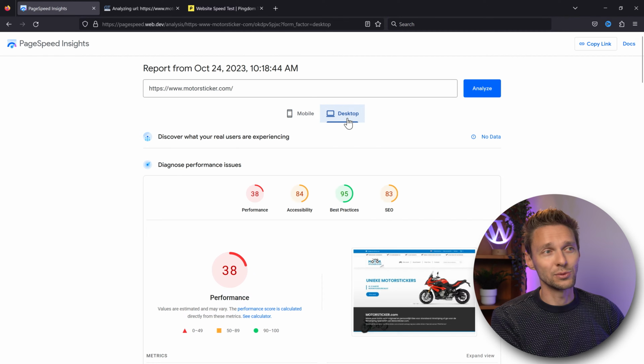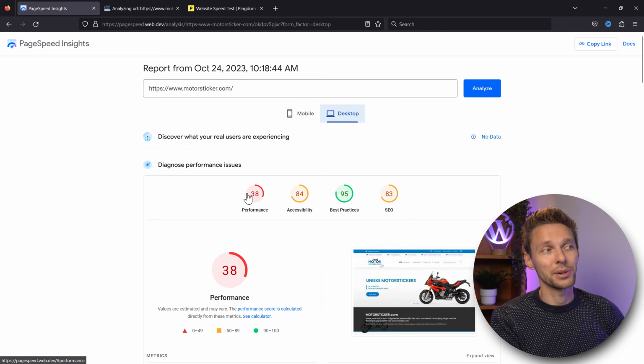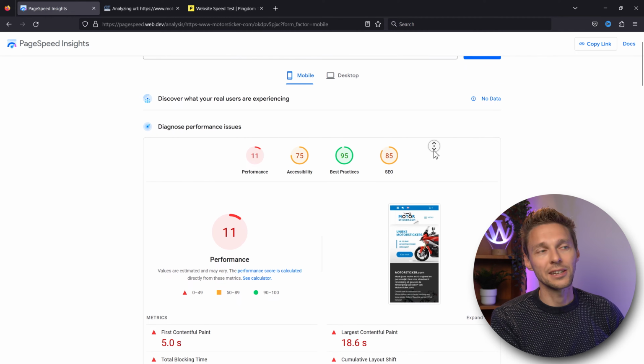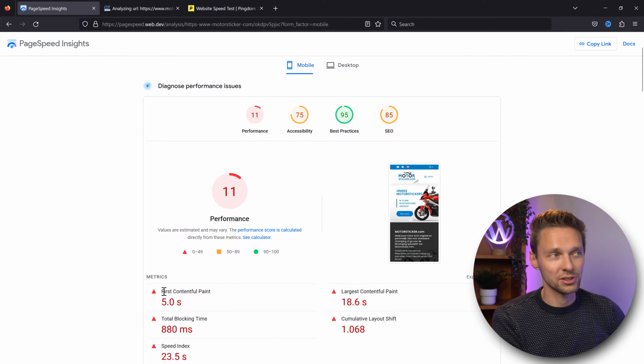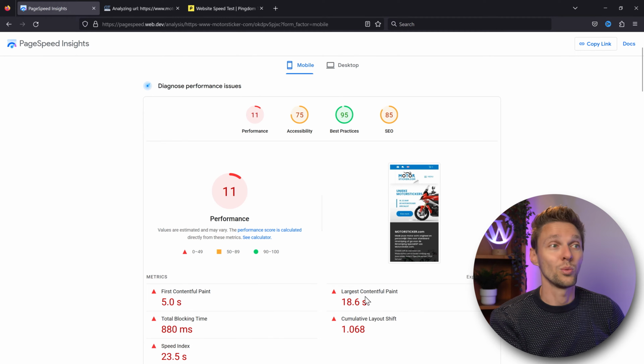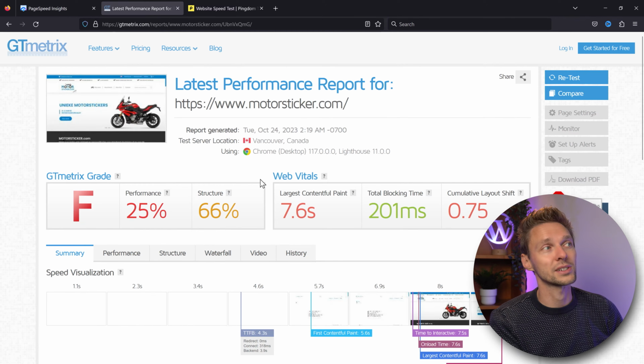Now let's go to PageSpeed Insights and see if things have changed a little bit. All right, I have not seen a website this bad. This is really bad. On mobile, an 11, and on desktop, a 38. If you click on mobile and scroll down a little bit, you can see what's the biggest problem: the first contentful paint, how long it takes for an image to appear, and the largest contentful paint. When this loads in, everything changes on your display, and this is not good for user experience. That's what PageSpeed says. Let's go to GTmetrix.